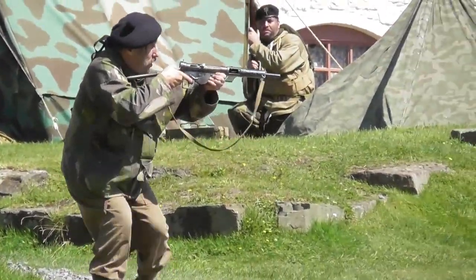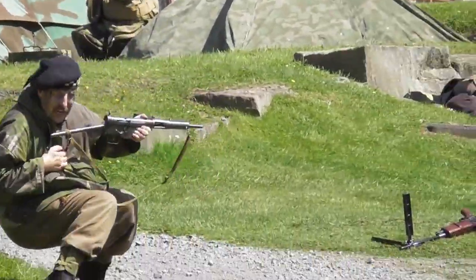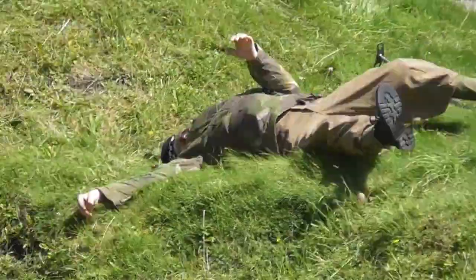Creep round the side of the building very carefully. They don't know if there's anybody around the corner. Oh! Shot in the back. What a terrible...